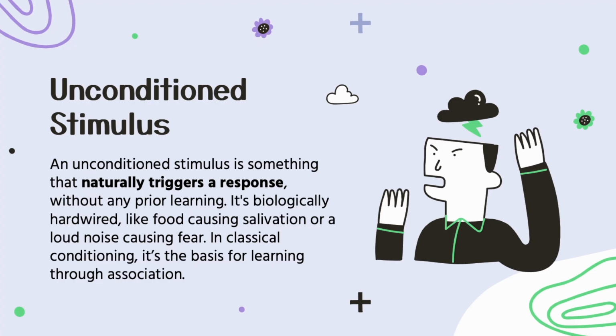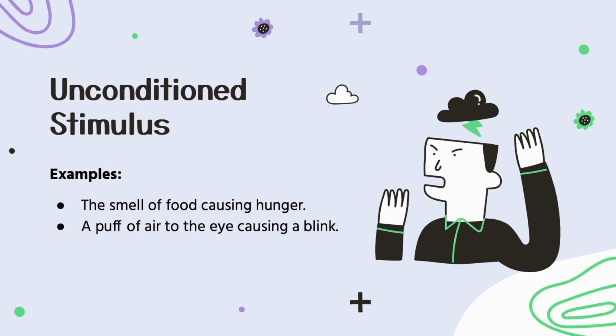Let's do this. An unconditioned stimulus is something that naturally triggers a response without any prior learning. It's biologically hardwired, like food causing salivation or a loud noise causing fear. In classical conditioning, it's the basis for learning through association. Here's a couple examples to solidify this for you. An unconditioned stimulus could be the smell of food causing hunger, or a puff of air to the eye causing